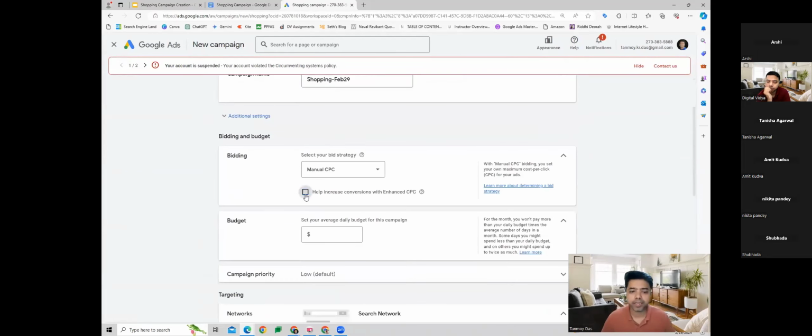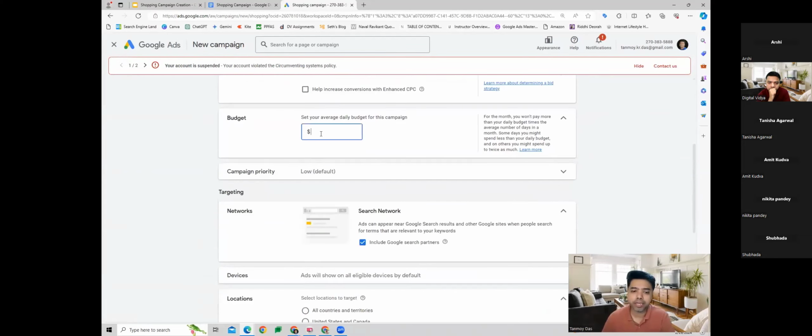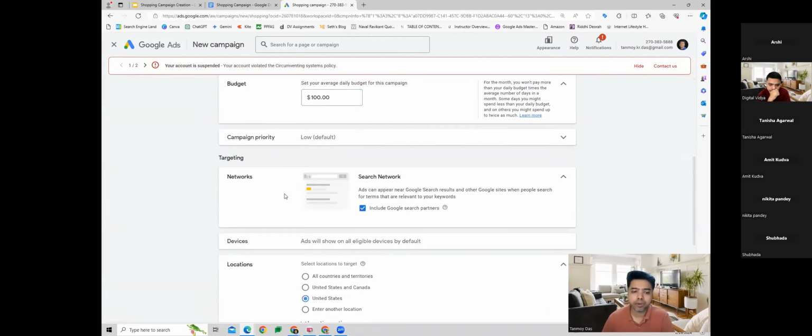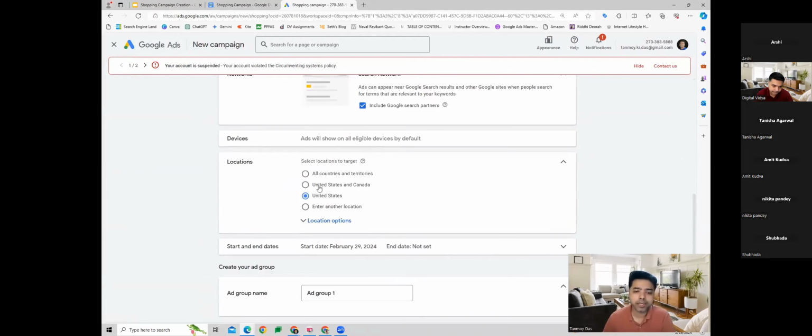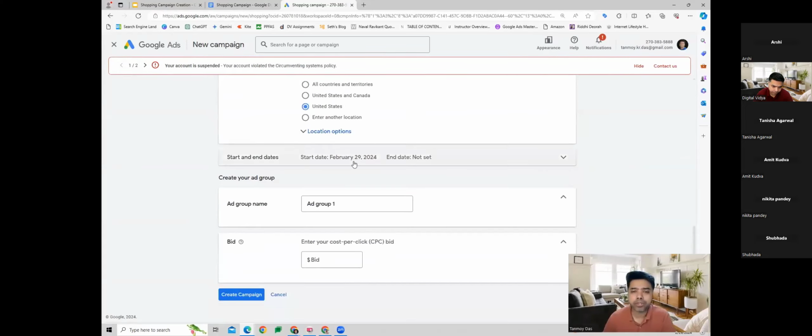And then we can give the other details, like I want to do the bidding myself, so I'm choosing manual CPC. Then we can give a budget for the campaign. We can also choose the network, so we are choosing search network and Google search partners where we want to show our shopping ads. Then we can select our location targeting where these ads will run geographically. And we can also decide the start date and end date of this campaign. Then we can give a name to our ad group in this campaign and give a default bid, which will be applied on the product groups after this. So on this page, we have just built out a campaign with one ad group in it.